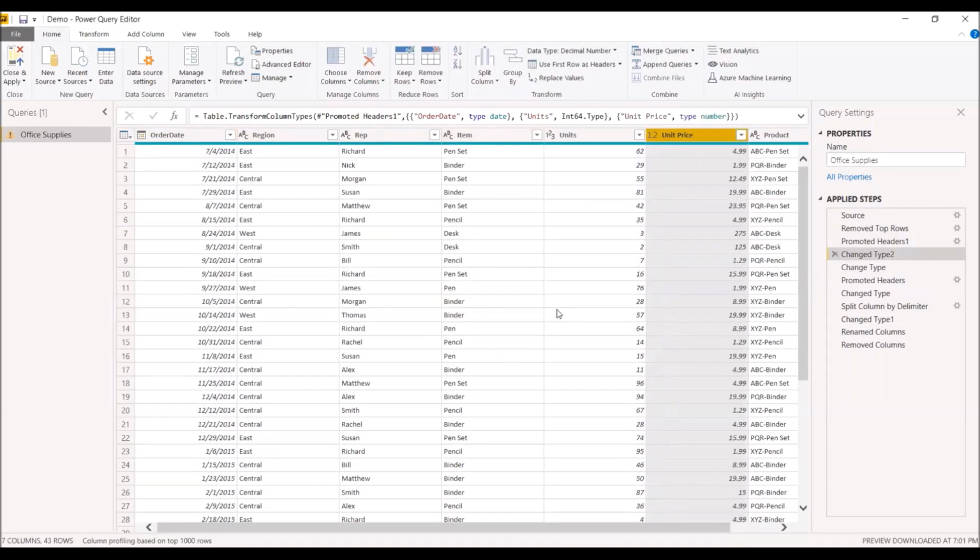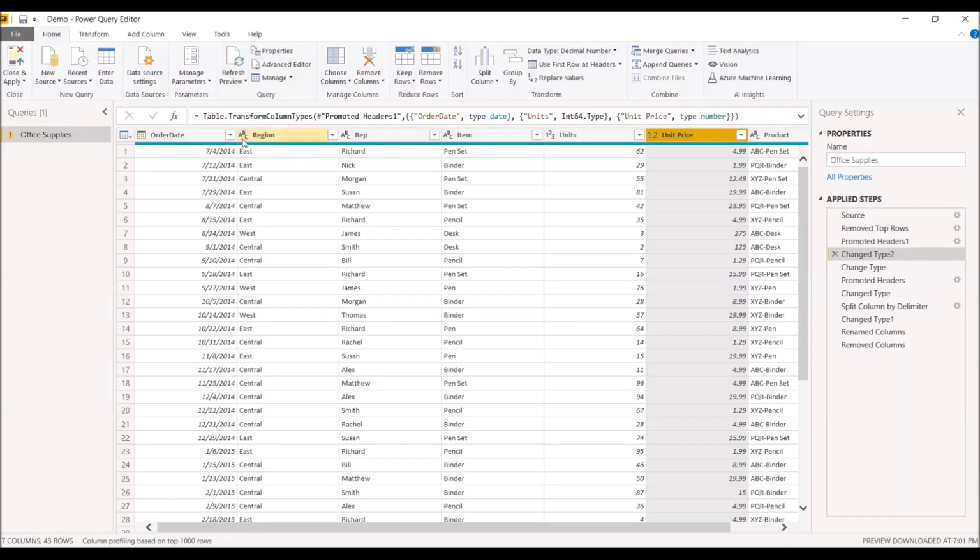Okay guys, so we saw two types of techniques. Number one, how to delete unnecessary rows from the data view, and second, what to do when column header is in the rows. Okay, now I'll talk about the third technique that we will see today, and which is how to filter data.